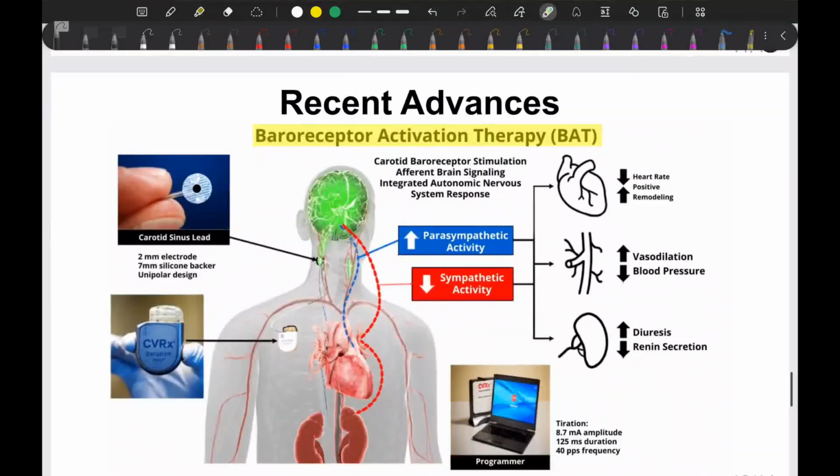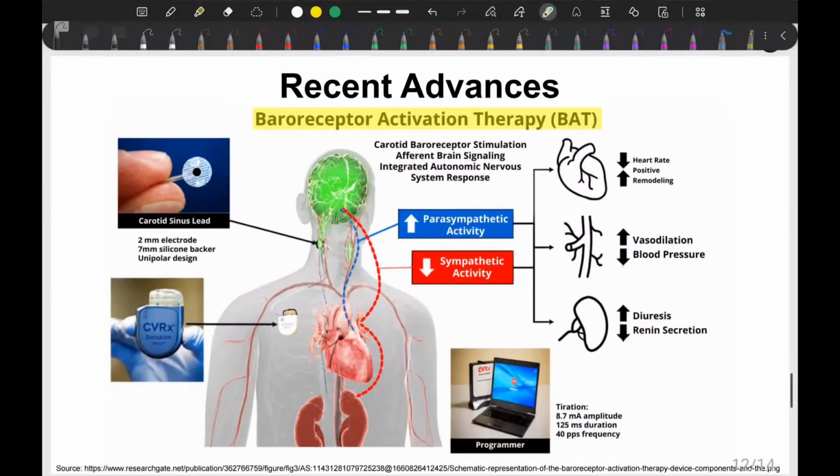Okay, now lastly I want to discuss some recent advances. There is something called baroreceptor activation therapy, BAT. It is basically helpful in treating treatment-resistant hypertension. Whenever we have a patient who is not responding to our daily routine medication, we go for baroreceptor activation therapy. In this, we place a carotid sinus lead onto the carotid baroreceptor apparatus, and whenever we stimulate this lead, it will stimulate the afferent